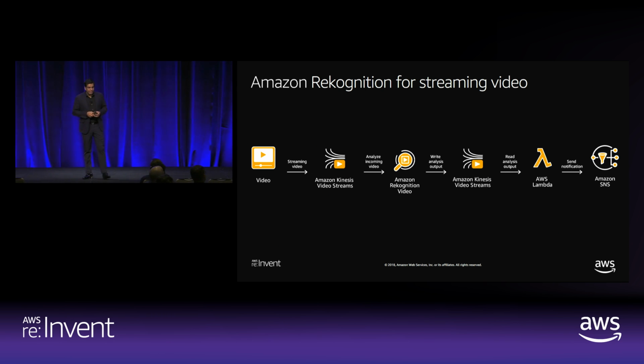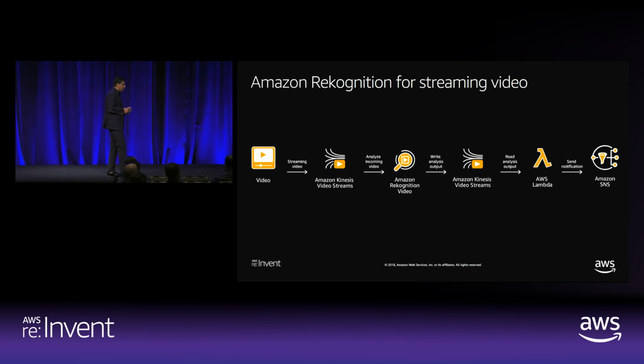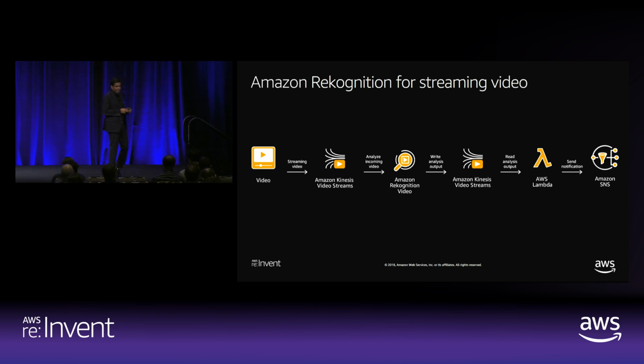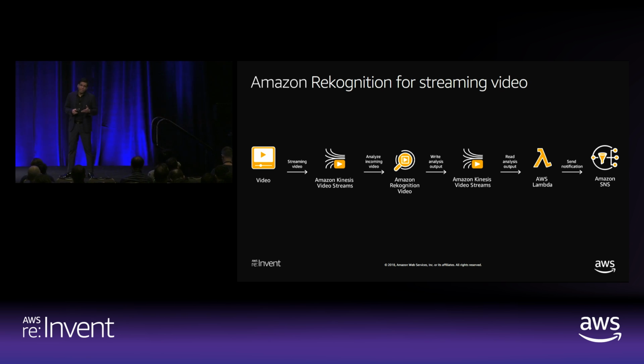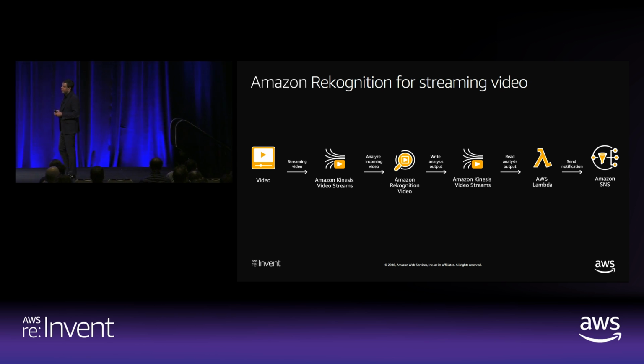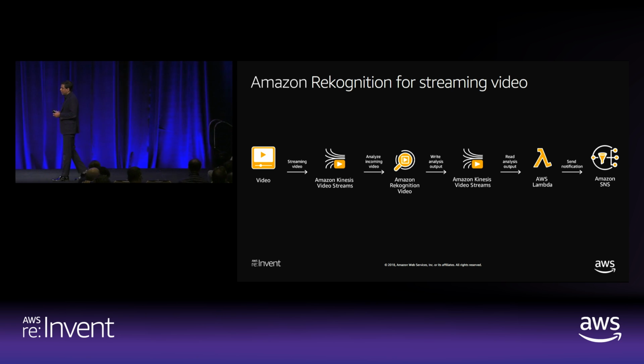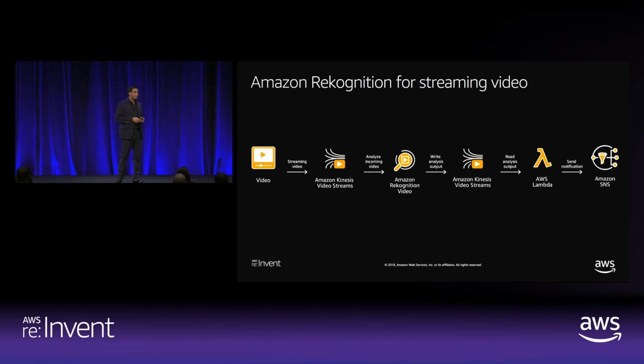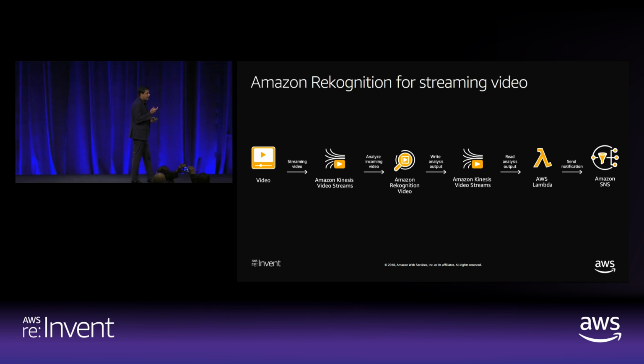This is a great example of Rekognition for streaming video. And this actually is close to the reference implementation that supported the royal wedding event that I keep talking about. The idea here is that you could get a live stream feed. Rekognition today supports Amazon Kinesis Video Streams. So you register your live stream with Kinesis Video Streams. You provide us the ARN.